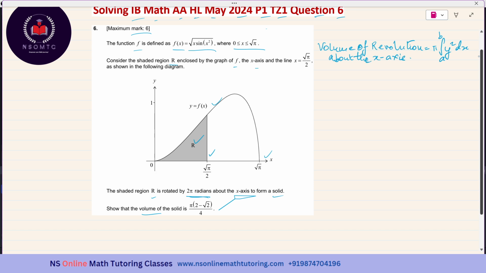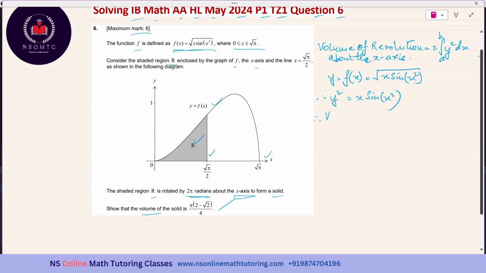So now y is equal to f of x, which is equal to square root of x times sine of x square. So what is y square? We need y square. So y square is equal to x sine of x square. Okay. Therefore,